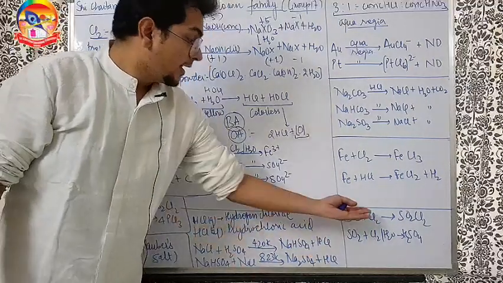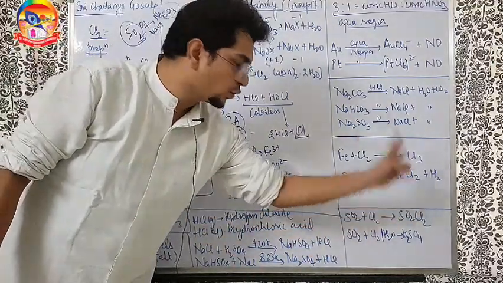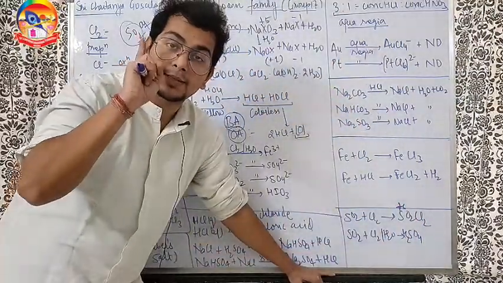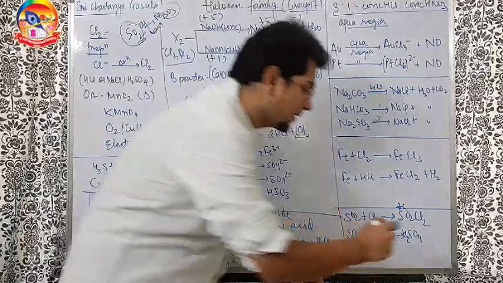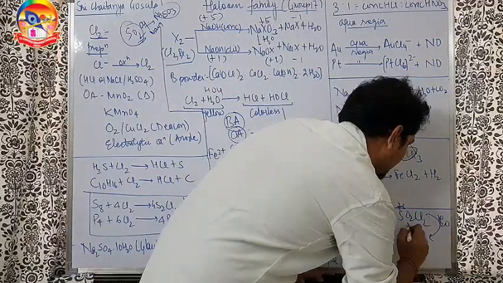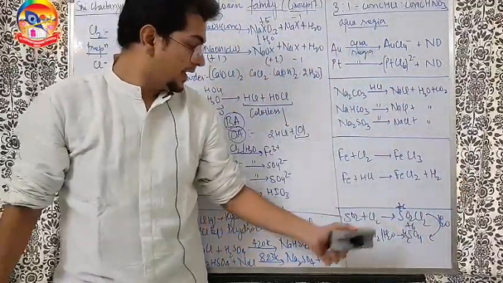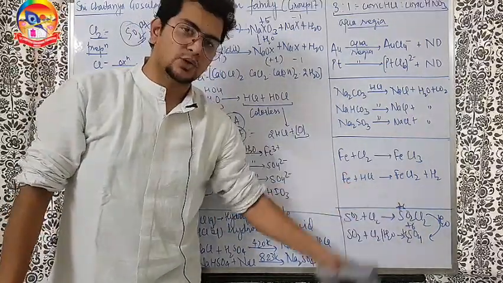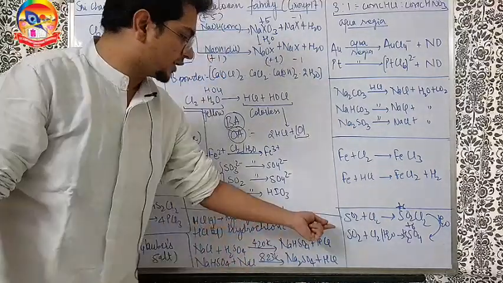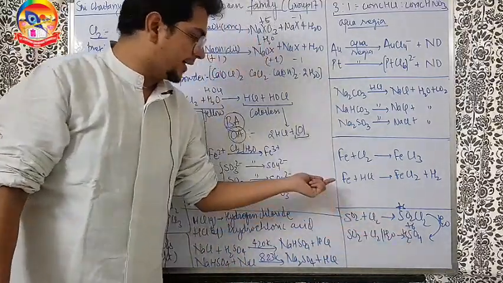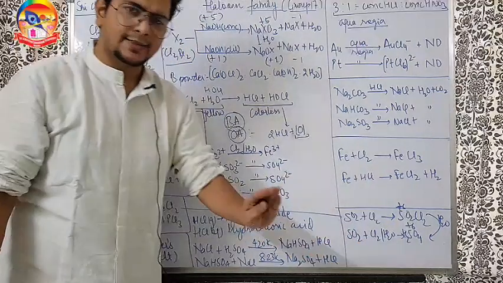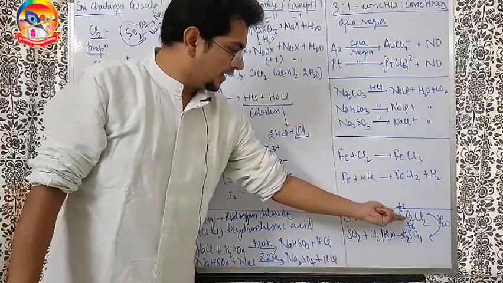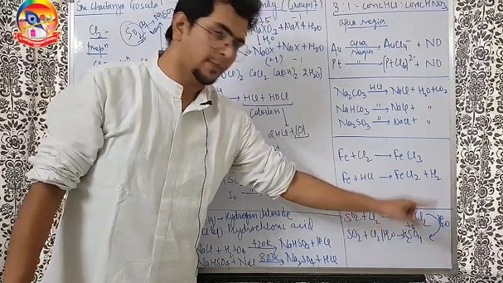What does it mean, sir? Look, if gaseous chlorine is taken, SO2Cl2 is there. In SO2Cl2, sulfur is in +6. And when +6 sulfur gets hydrolyzed, it forms the oxy acid in +6, that is sulfuric acid. That means if in this reaction I add water, instead of getting SO2Cl2, I will get H2SO4. So basically, this reaction, SO2 with chlorine and water, and this reaction, SO2 with chlorine and no water, are the same only. This is in the absence of water, this is in the presence of water. If you add water here, even SO2Cl2 will get hydrolyzed to form H2SO4.